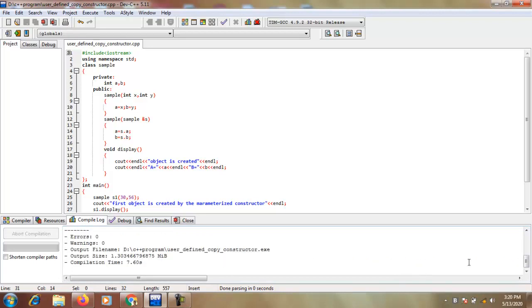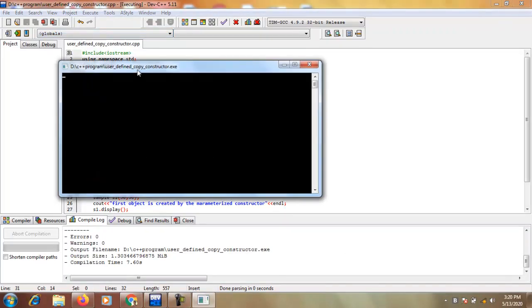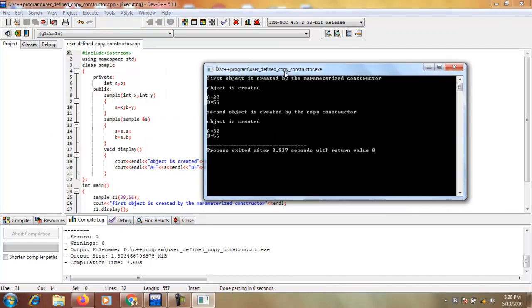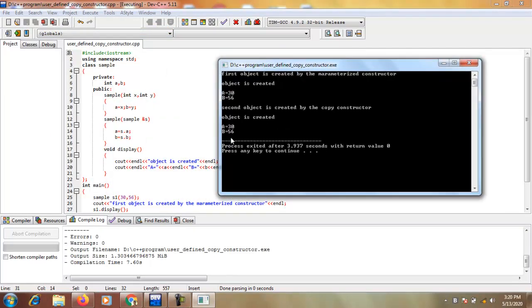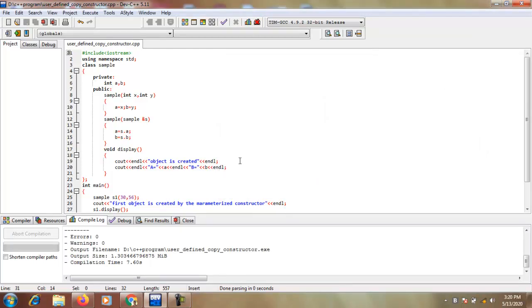Okay, so here you see there is no error, so I run the program, and here you see the first output on the output screen is "first object is created by the parameterized constructor". Okay, so here some text is missing, that is parameterized.